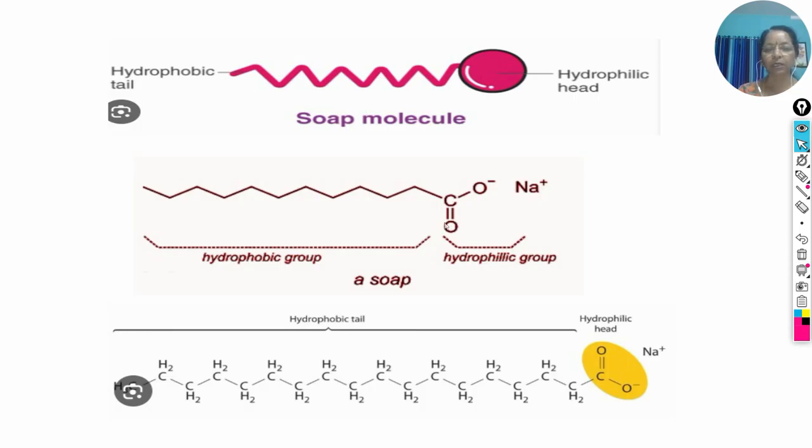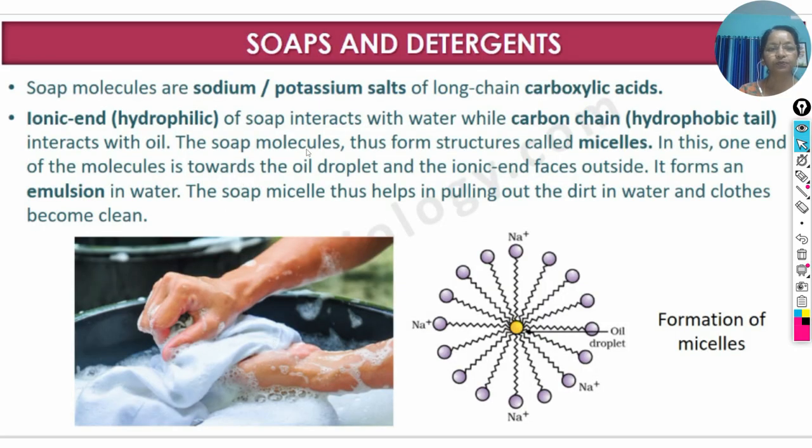This has a charged end, which is why it is also called the ionic end. The other one is called the hydrocarbon end. So ionic end or hydrophilic head, hydrocarbon end or hydrophobic tail. That is the structure of a soap molecule. It is actually a sodium or potassium salt. So when we apply soap to clothes and so on, what happens